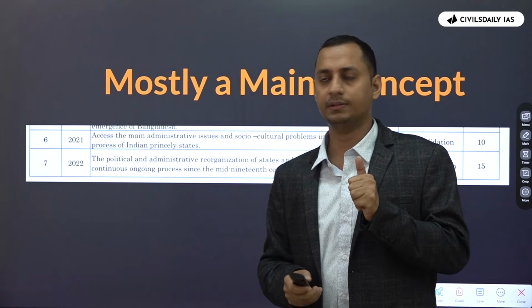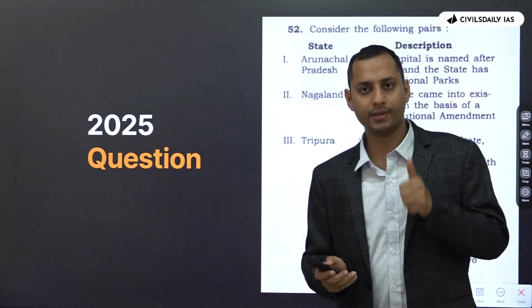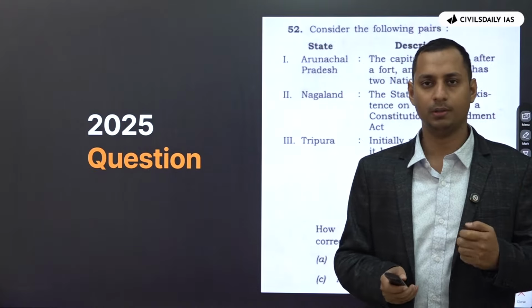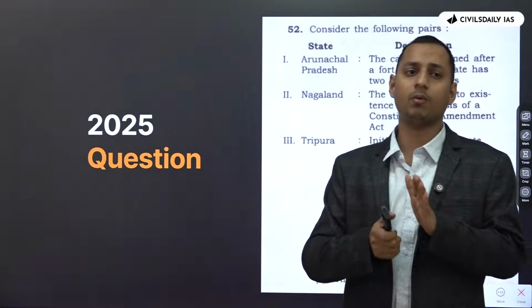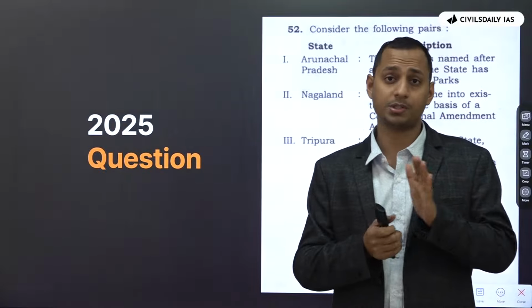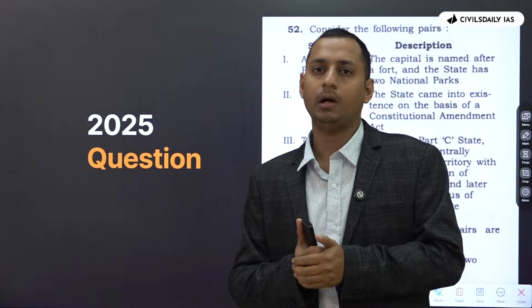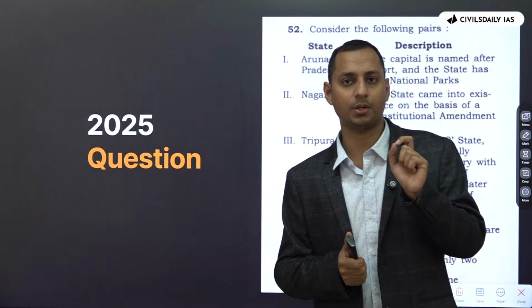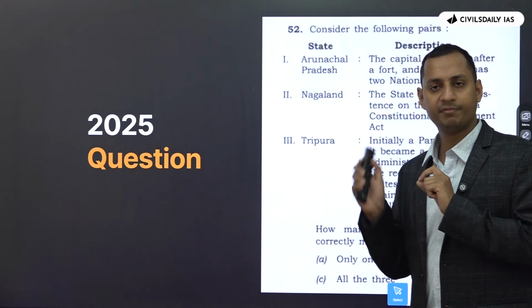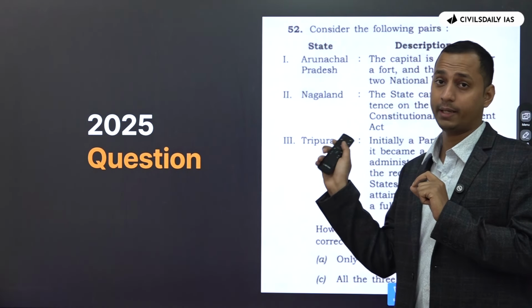You can read this chapter, and when you revise the same also, you can revise which are the states, in which year all the states were formed, and what was the constitutional amendment with respect to the same. Read that, have an idea regarding the history of almost all the states out there. Okay? Because the fact is that UPSC has already asked a question in 2025.